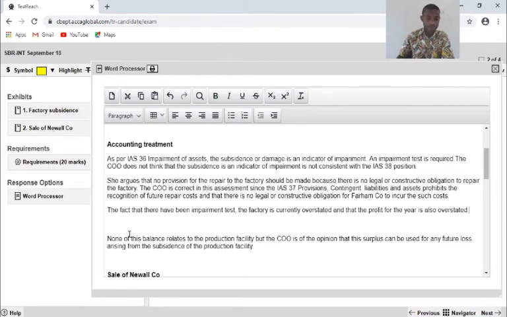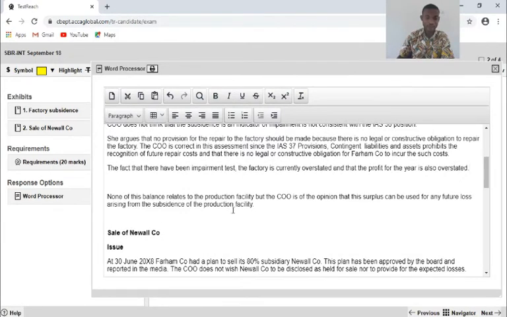Now, let me just talk about this last one. The fact that a revaluation surplus on another asset cannot be used to offset a different asset is not consistent with IAS 16 PPE. So you chip in that as well. Just a one-liner statement or point, and you leave it.